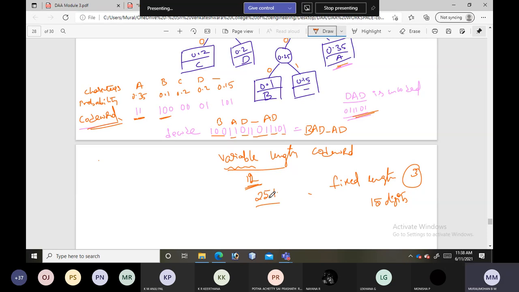Now we'll see the average, or the expected, number of bits per character with this Huffman tree.